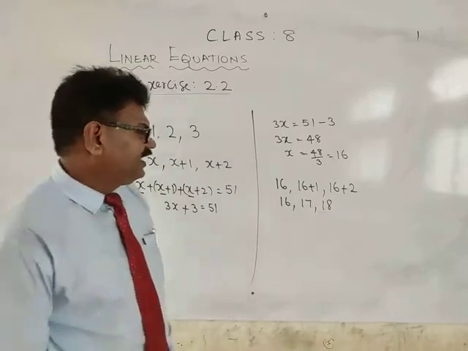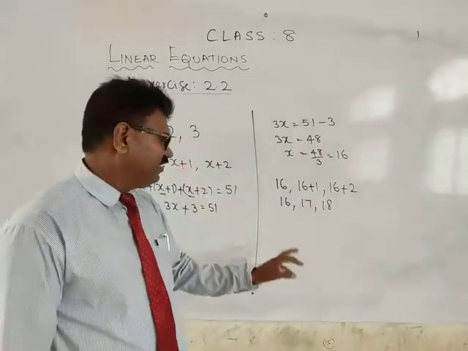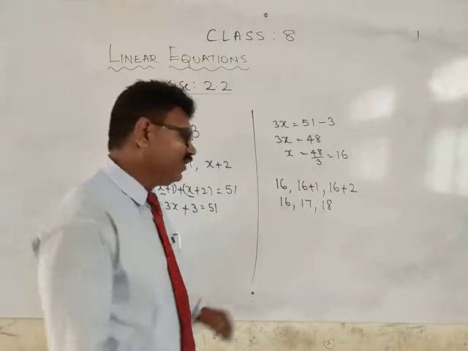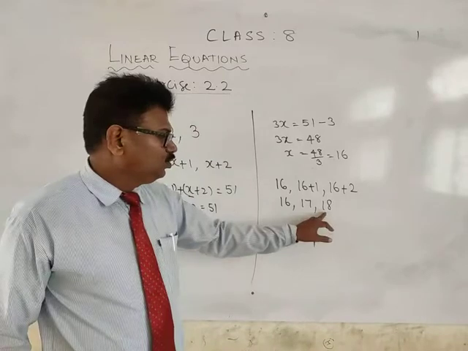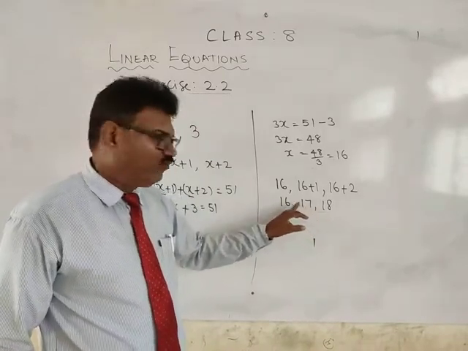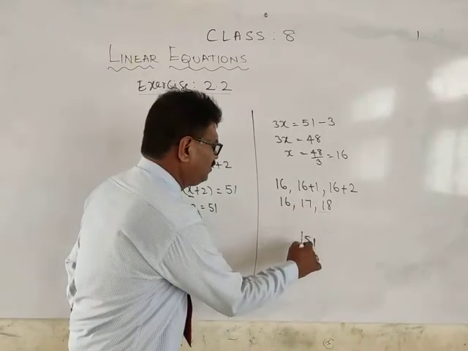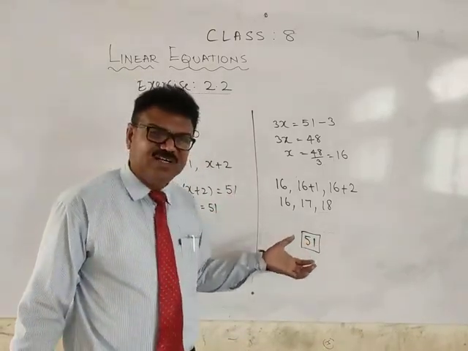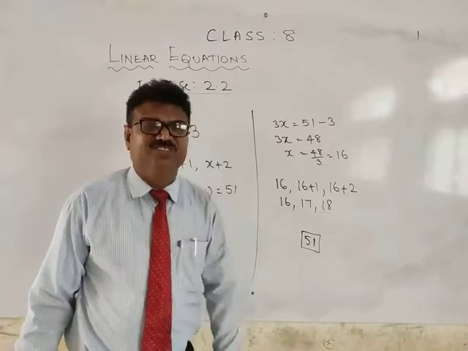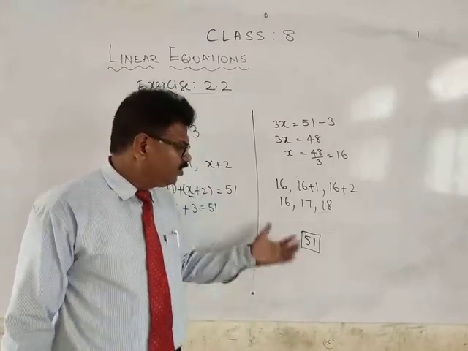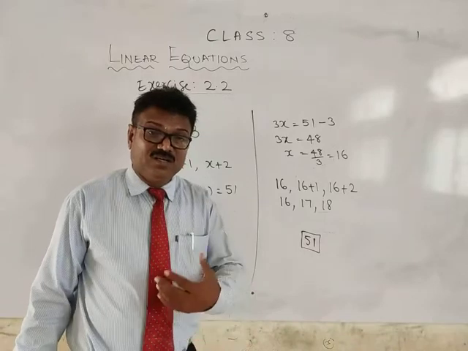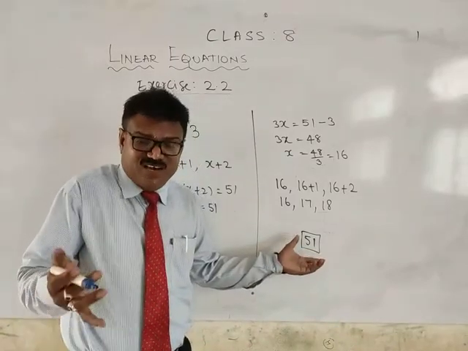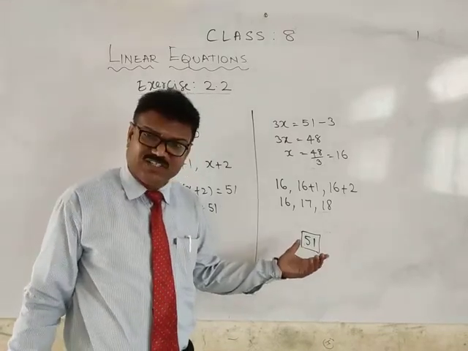You can add, whether you will get 51 or not, you can check by yourself. 8 plus 7, 15. 15 plus 6, 21. 1, 2, 2 plus 1, 3. 3 plus 1, 4. 4 plus 1, 5. Like this. So this is the method to verify our answer. If you do like this, you will get confidence. Your confidence level will increase. Okay? Did you understand? Yes.